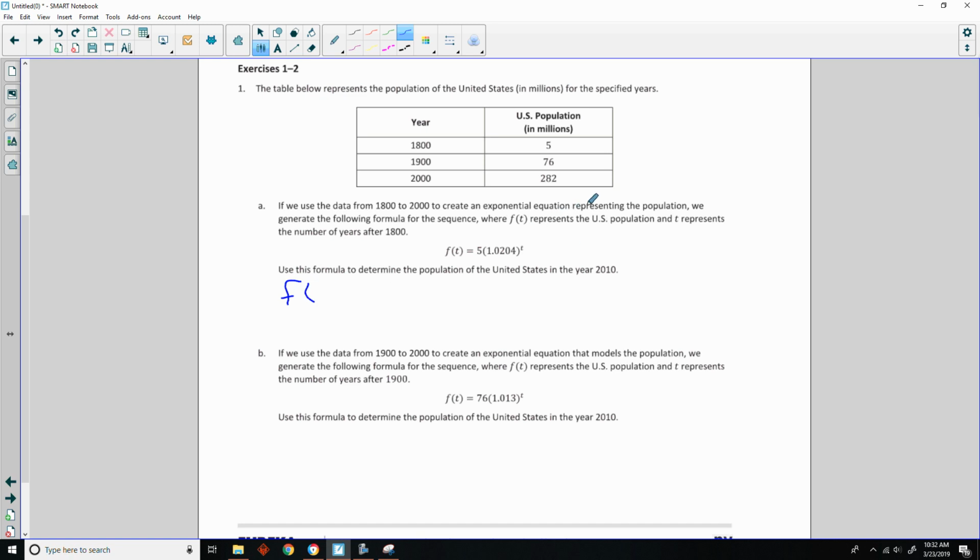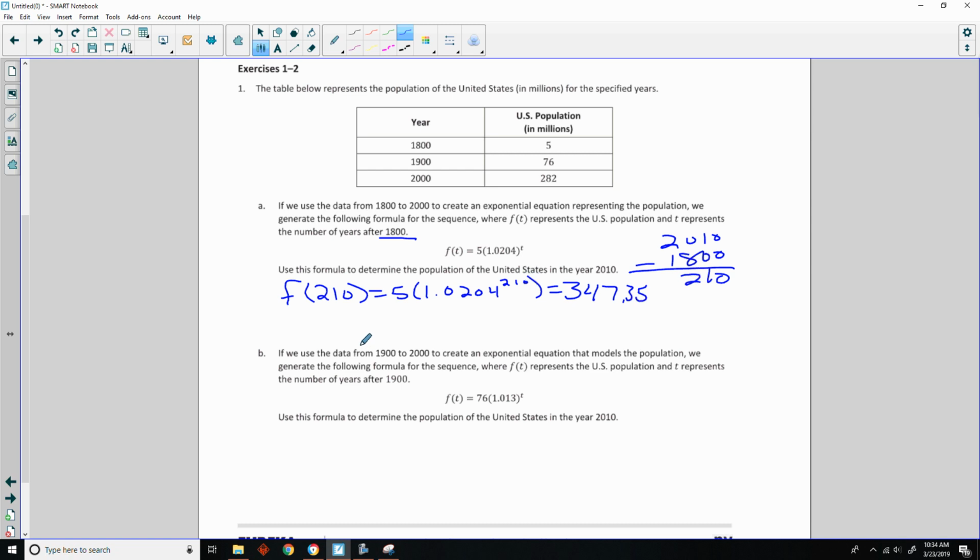So f of, and t represents what? Years since 1800. So 2010 minus 1800 will be our t. 210. So I want f of 210 equals 5 times 1.0204 to the power of 210. Okay, when I put this in my calculator, I got 347.35. So the population in 2010 will be 347.35 million, or